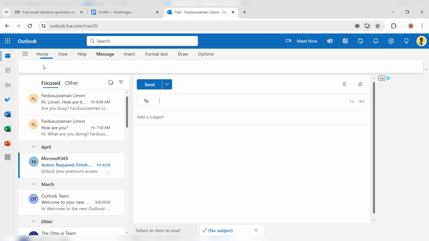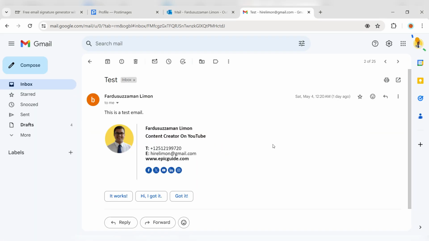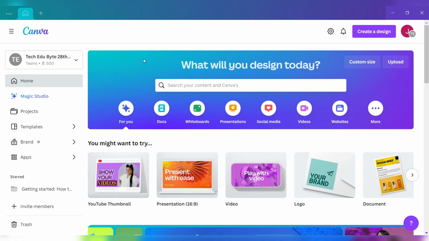Creating a custom email signature is a great way to make your emails stand out and leave a lasting impression. Today, I'll show you how to create one step by step. Let's get started. First, go to canva.com, log into your Canva account, or create a new one if you don't